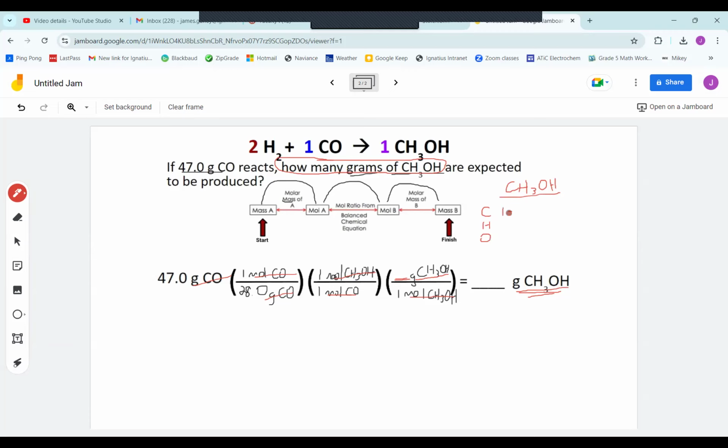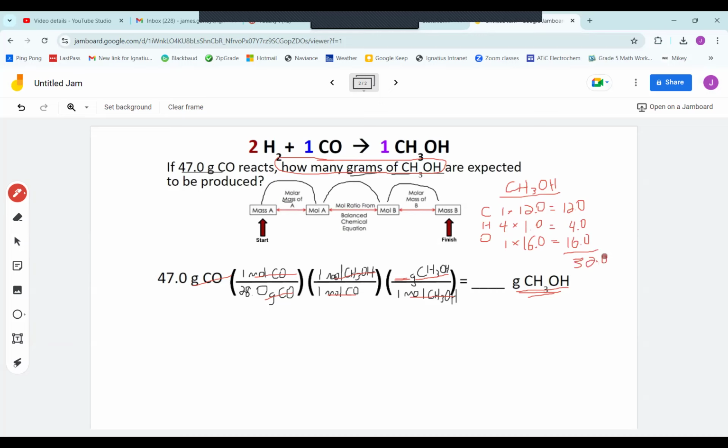There's one atom of carbon, and carbon's atomic weight is 12.0. If you look up carbon on the periodic table, you would see 12. For hydrogen, hydrogen appears both after the C and after the O, so you got to add those together. Altogether, there's 4 atoms of hydrogen, and its atomic weight is 1. So times that by 4, and you get 4. For the oxygen, there's only 1 atom, and its atomic weight is 16. So if we add that all up, we arrive at 32